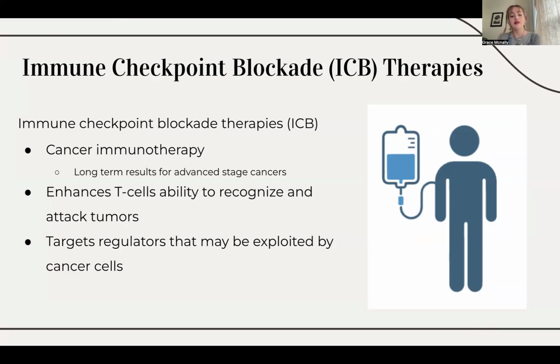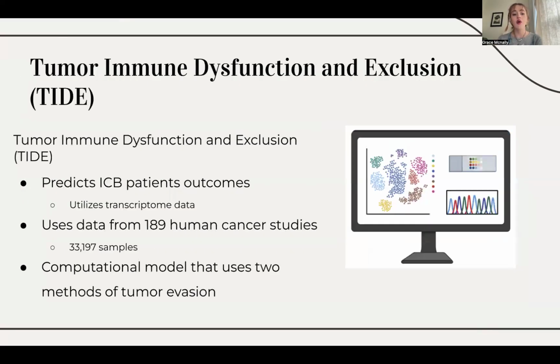This is why the authors of the paper developed a computational model called TIDE. TIDE, or Tumor Immune Dysfunction and Exclusion, is a computational framework developed to test whether or not a patient will respond to ICB therapy by using the tumor's transcriptome, which refers to its complete set of RNA transcripts. This model has utilized 189 publicly available human cancer studies to compile a large set of gene signatures to develop